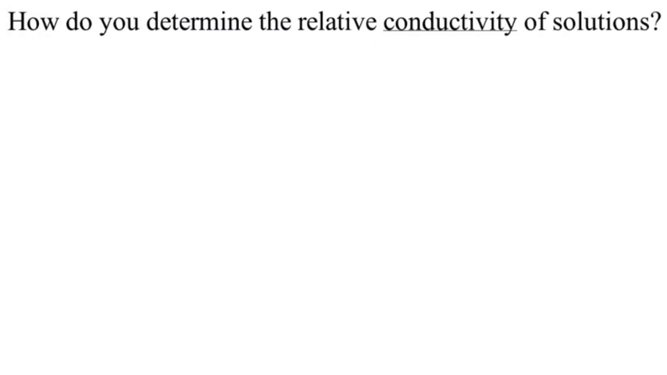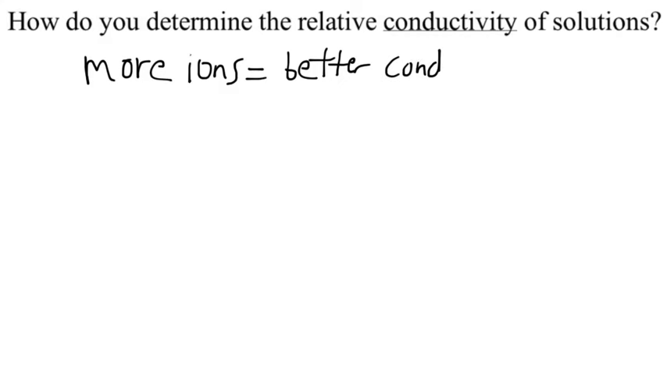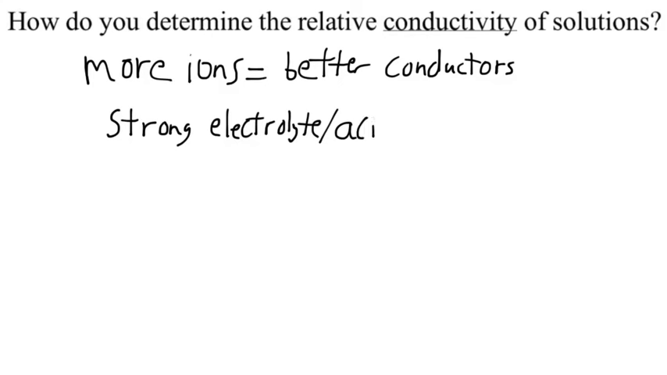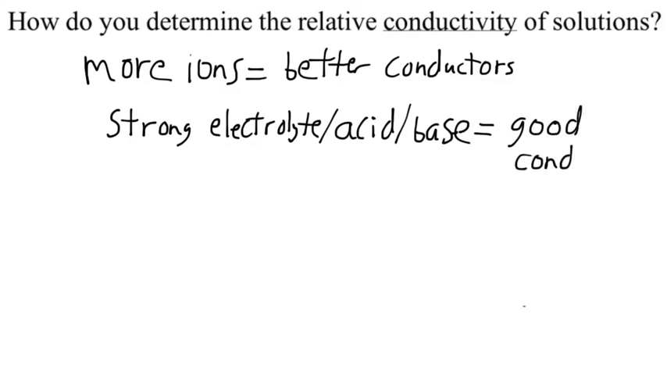Okay, once you know the strong electrolytes, you can determine the relative conductivity of solutions. It's easy. If there's more ions, then more moving charges conduct electricity. So they're better conductors. Electrons don't swim, you need an ion to carry the charge. So the strong electrolytes, those are good conductors, or strong acids or strong bases,